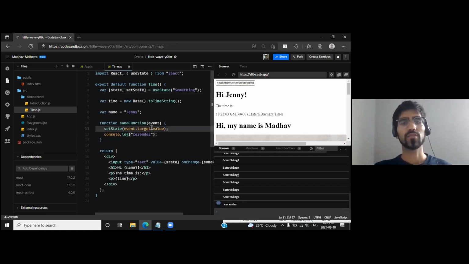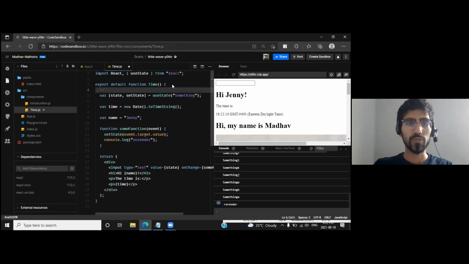How do we get all of this synced up? So here are the key parts. Part 1, define the state variable. Define the special variable that React is going to track. Part 2,